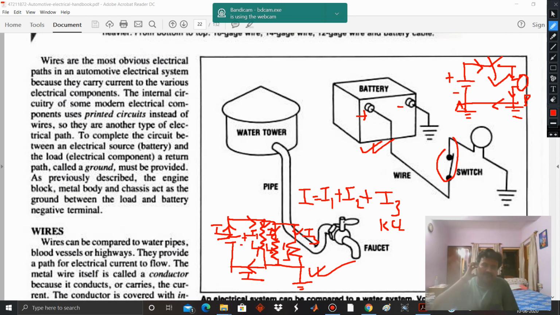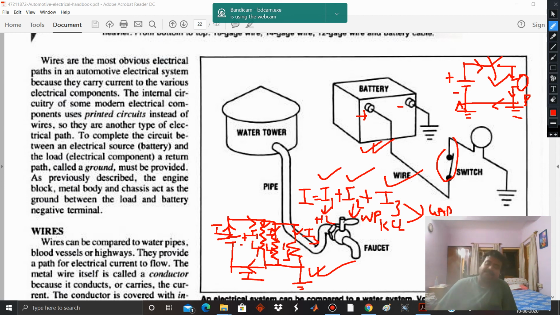This way we have different types of load connected to the battery, and these are the electrical paths. For each load there should be a corresponding electrical path. If there are n loads, there should be n electrical paths. This is the trajectory of the different currents. I1 has one electrical path, I2 has one, I3 has one. Suppose I1 stands for the headlights, I2 stands for the wipers, I3 stands for all the gadgets. For each of these devices you have one electrical path.